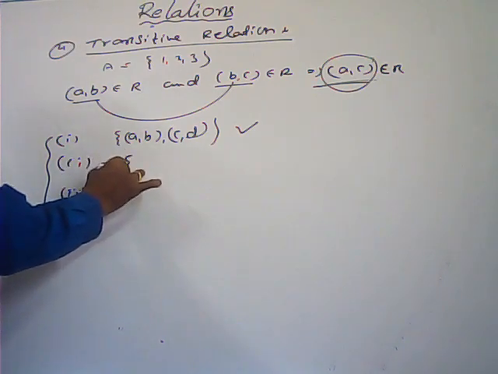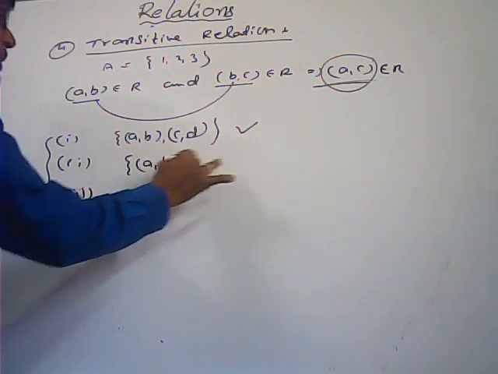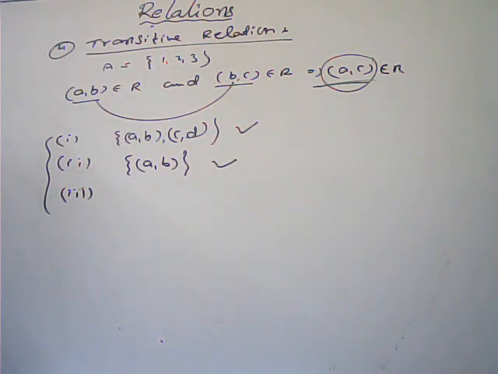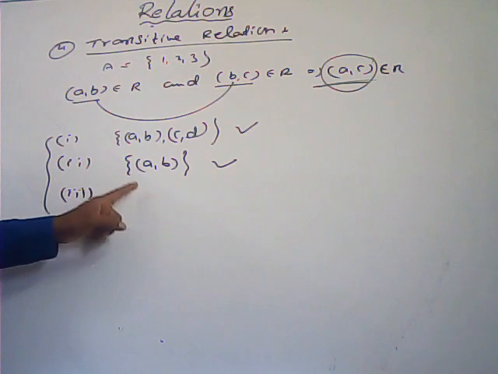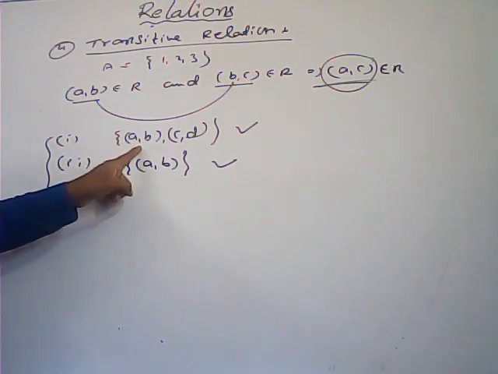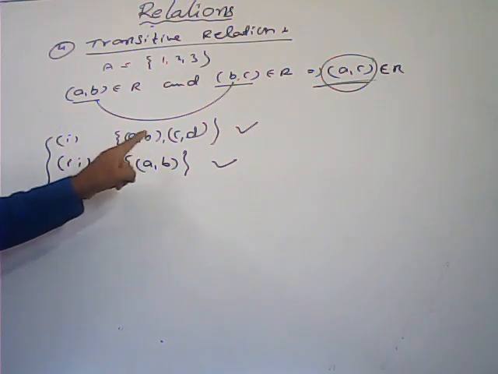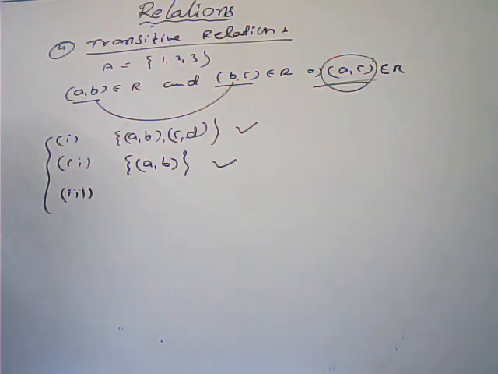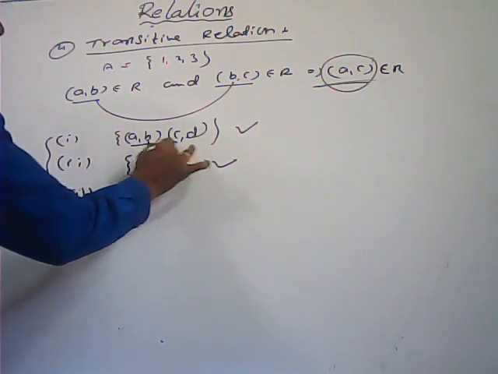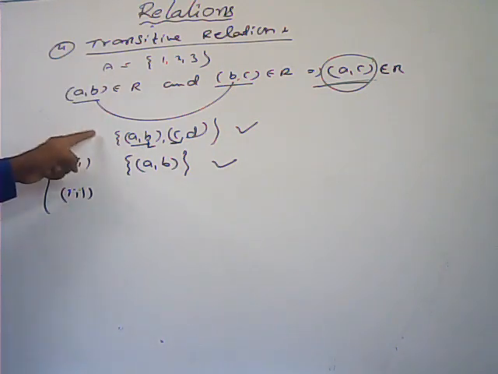And every single ordered pair, that is a transitive relation. And if there is no relation between any two ordered pairs (a,b) and (b,c), both are different only, here b, here c is there, no relation, that is transitive. And by checking transitive, all the possibilities, by observing only 3 ordered pairs, we can't decide whether that is transitive or not. We have to check all the possibilities also.